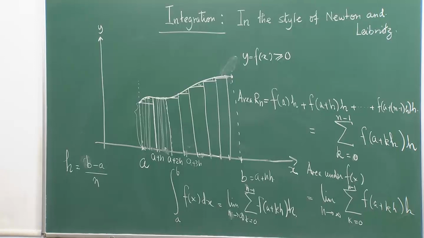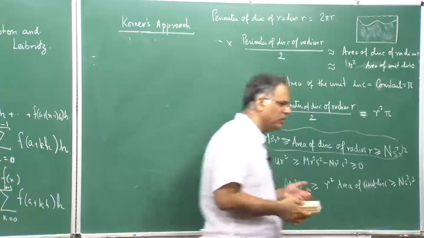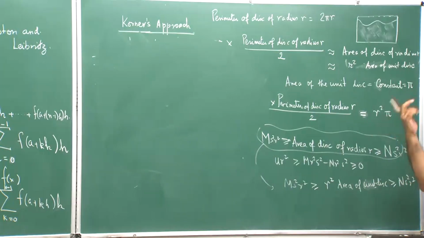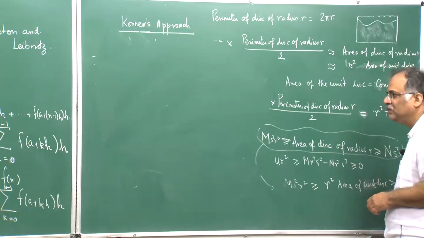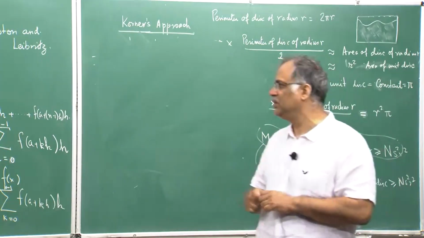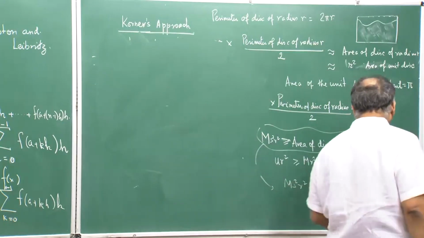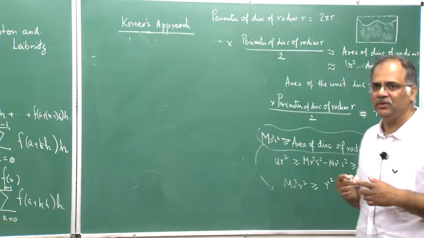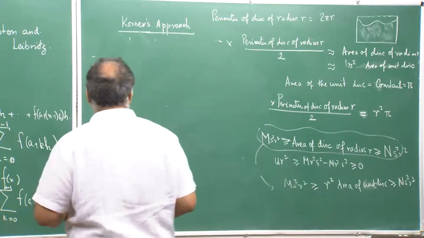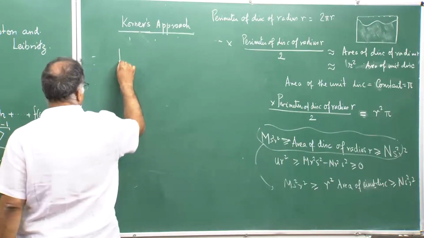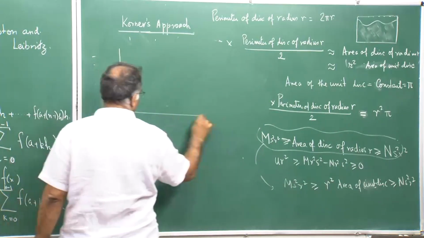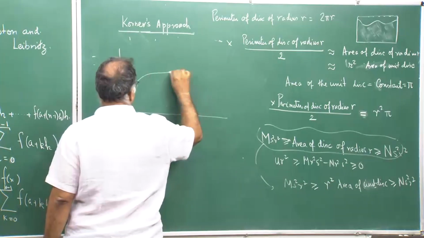Some people would say, okay, let us do something else. Give me those estimations. You have to understand, you have to use some property of a continuous function. If it is a nice function, use its properties. One of the main properties of a continuous function is that it has an upper bound and a lower bound once it is defined over a closed interval, right? So then you have the same